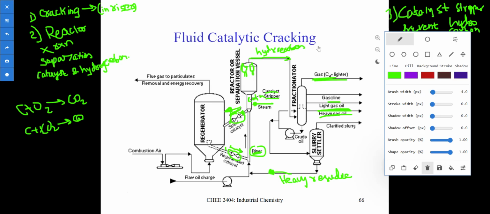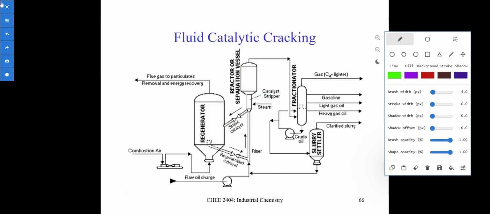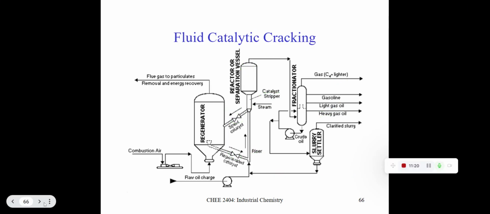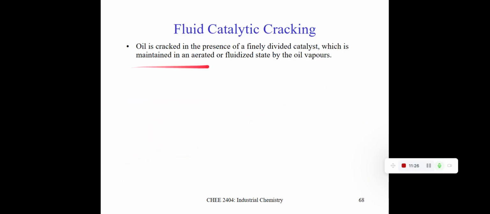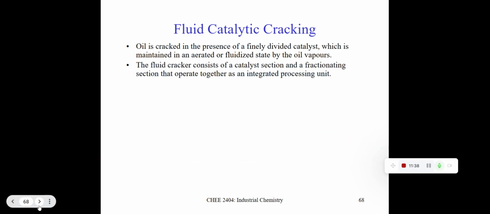Next we are going to see: the oil is cracked in the presence of finely divided catalyst, which is maintained in an aerated or fluidized state by the oil vapors. The crackers consist of a catalyst section and a fractionating section that operate together as an integrated processing unit. As you can see,